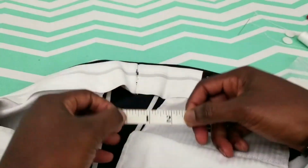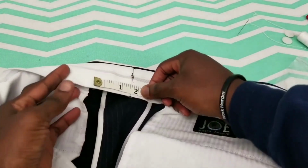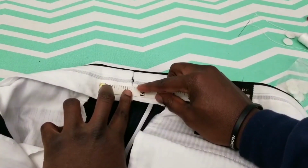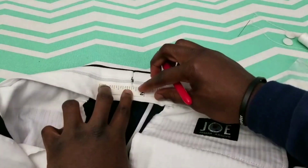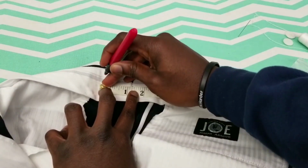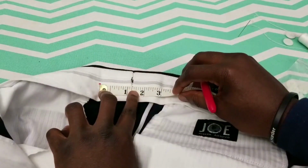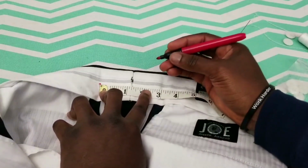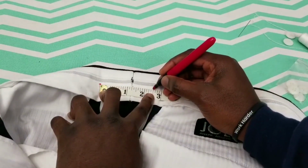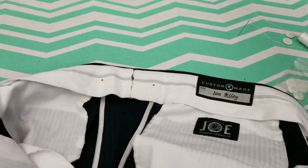So 2.5 divided by 2 would be about 1.25 inches. So I measure 1.25 inches from the seam. So 1.25 inches to the left. Let me get this right. 1.25 inches to the left, and 1.25 inches to the right. There you go. So the other 2 is gonna go there, and then the last 2